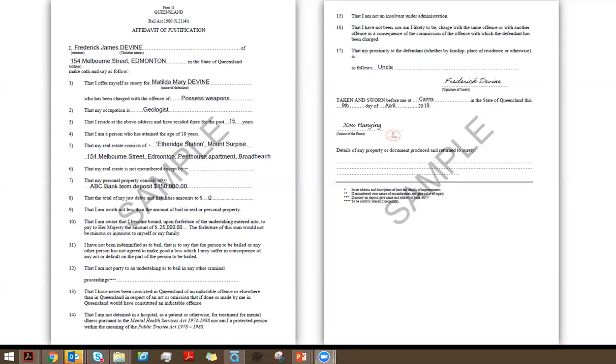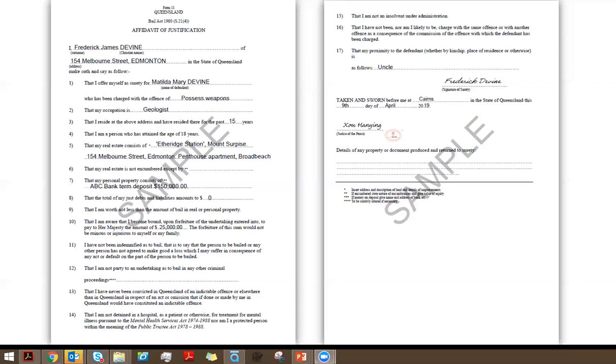Now, the Bail Act 1980, the section that is applicable to this affidavit of justification is section 21. And there are some special conditions that the surety must adhere to. So not everyone can be a surety. They have to be over the age of 18. They can't be convicted of an indictable offence.